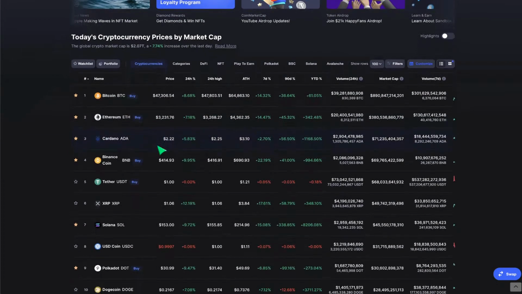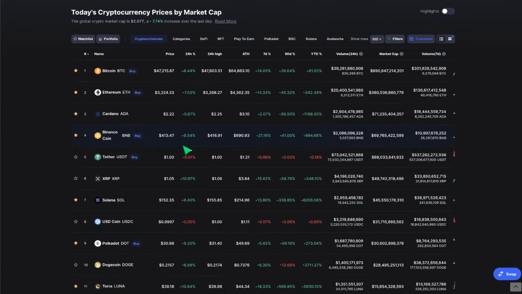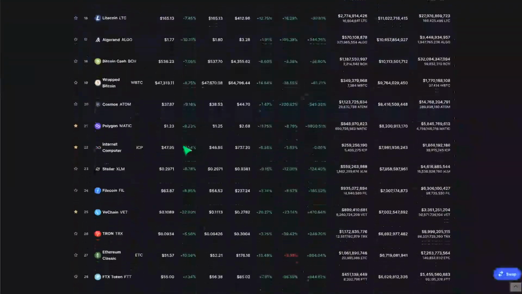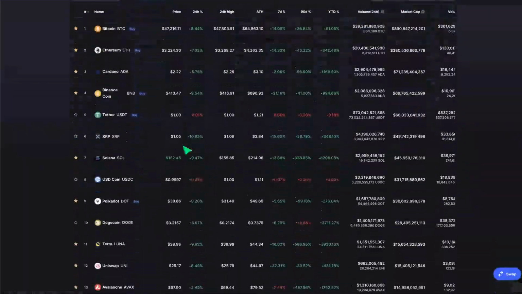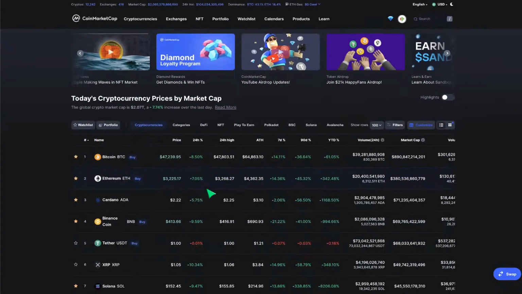Super solid. BNB hasn't stopped. BNB is still pumping, because I was literally getting ready to dump some BNB, and I'm just seeing BNB is just dumping every day. Sorry, it's pumping. Yesterday it did 10%. Today's doing another 10%. It's on a rip right now. I'm not sure what's going on here. There may be some news, something, but ultimately, look, the whole market's reacting. Okay, other than stable coins, and that's what we like to see. We like to see stable coins bloody and everything else pumping. Gives us a good indication the market's moving back up again.